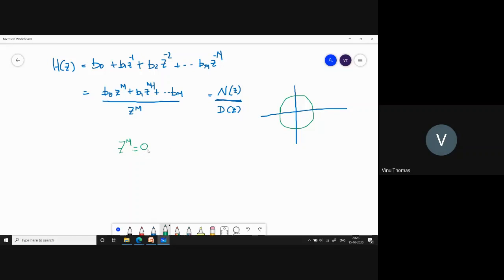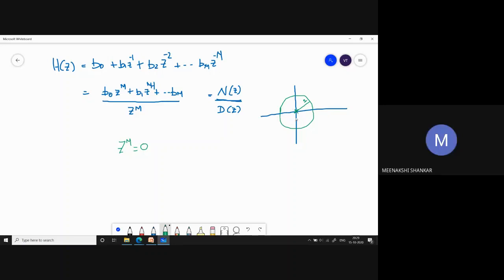Where z is therefore the m roots of 0. So what are the roots of 0? They are all zeros, right? Origin, yeah. So where are the roots located? The roots are located at the origin. So where are the poles of this system located? All the poles of the system are located at the origin, right? So yes, which is inside the unit circle, right? The origin is at the center of everything. So this is inside the unit circle. So therefore, what do you conclude? What is the stability of the system?